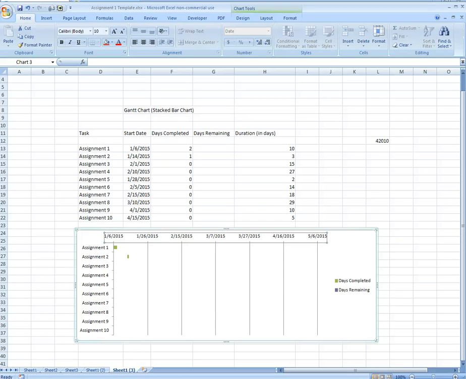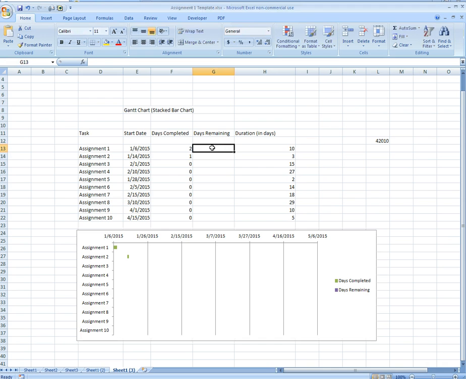The last thing we want to do is put in a formula for days remaining. So we click into this first cell here. We type equals duration minus days completed, and then say enter. And you can copy this formula